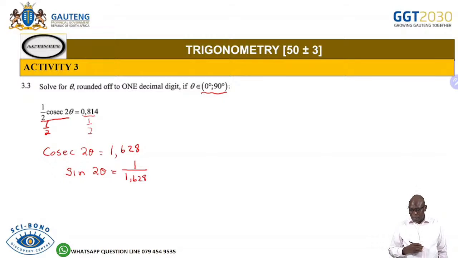That's the number that I'm having there. So then I can say shift sine, open bracket 1 over 1,628. You don't need to work out that 1 over 1,628. You just say shift sine 1 over 1,628. And the angle that we're going to get there is